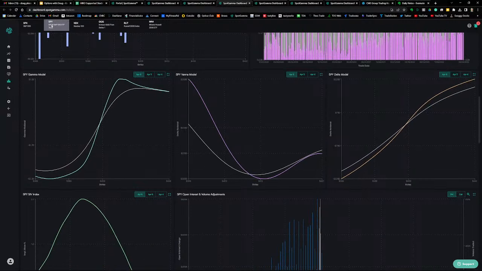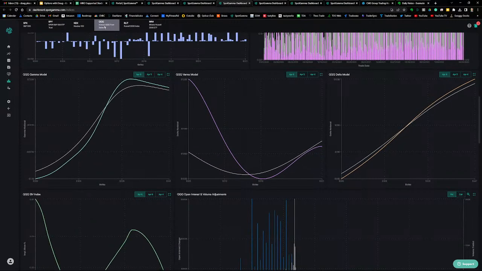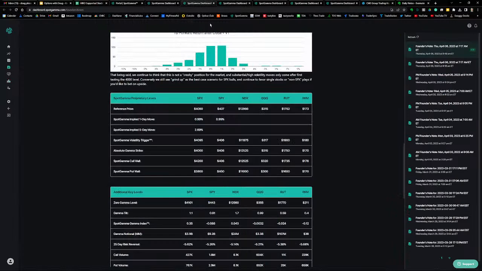There's SPY. And there's QQQ. All right, pretty similar curves for the indices. All right, let's take a look at data. We'll also take a look at gamma notional. And just note here that